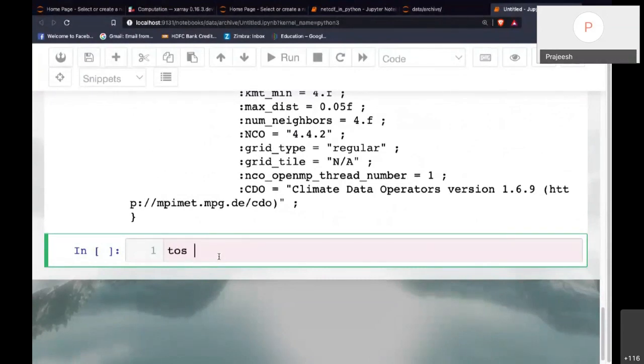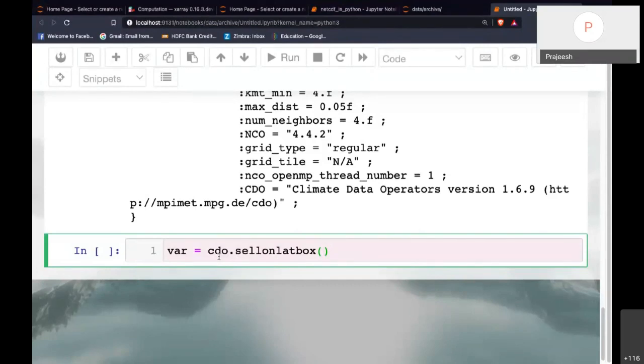So we can do, I'm giving the variable var equal to cdo. The command for selecting a lat-long box in CDO is sellonlatbox. Okay, so you have to use the same command as a method of the CDO object, and then you have to give the box as input.